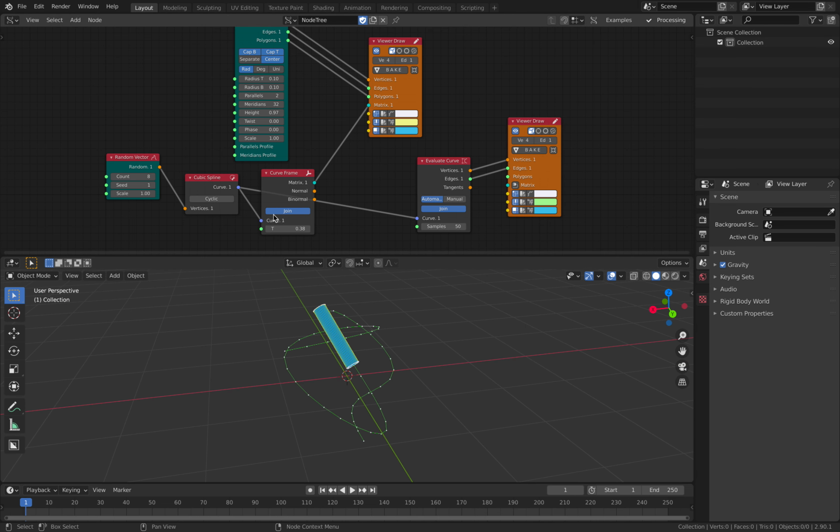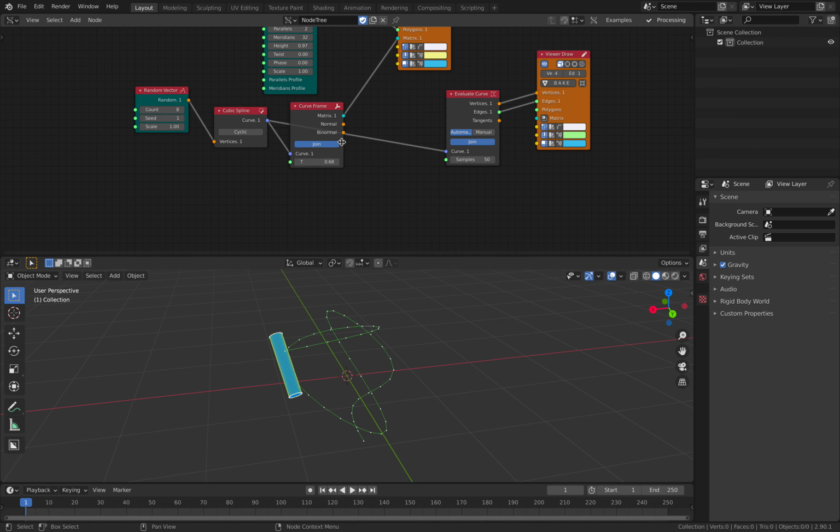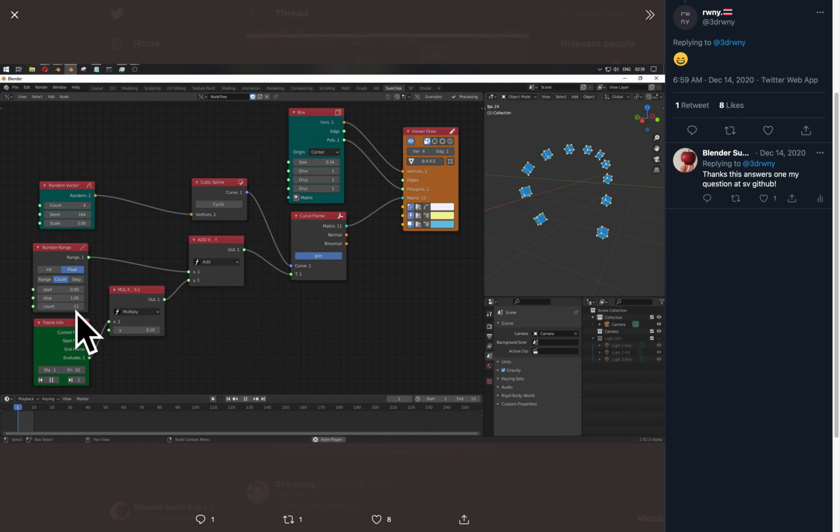Alright, so the way we animate it, you can already tell, is using this T value. The T value can go really far, actually escape between 0 and 1, but you want to keep it between 0 and 1. And apparently you can have multiple of the T value. That's what rwny is showing here. So frame info using the evaluate, this is the total frame numbers. Evaluate will go between 0 and 1, and then you multiply it with the number to get the speed, and then you plug in